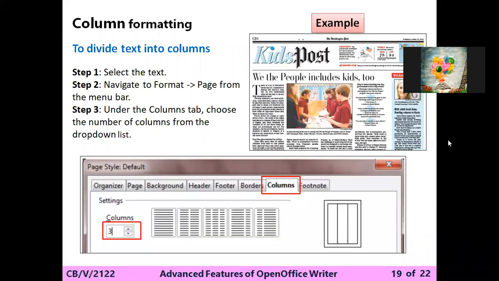Next thing, that is column formatting. What is the meaning of column? You can see here one article. जब आप न्यूज़पेपर देखते हो तो उसमें क्या होता है, पूरे न्यूज़पेपर में ऐसे horizontal line लिखी हुई नहीं होगी. It will come in parts. So that is called the column. Whenever you are making your posters, whenever you are making an article for the newspaper, at that time